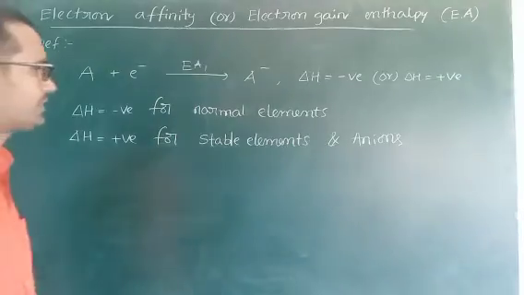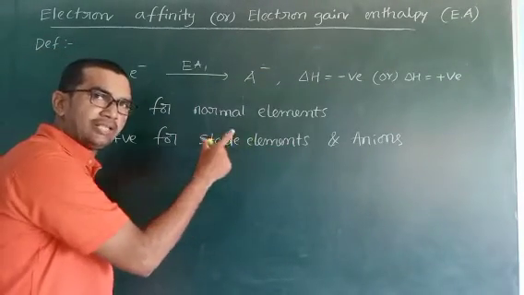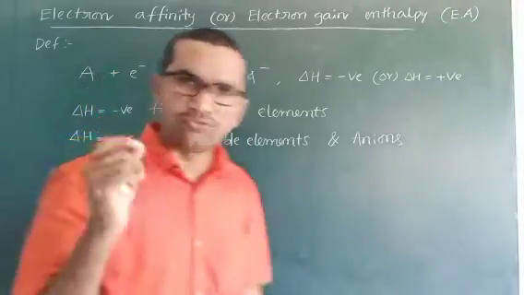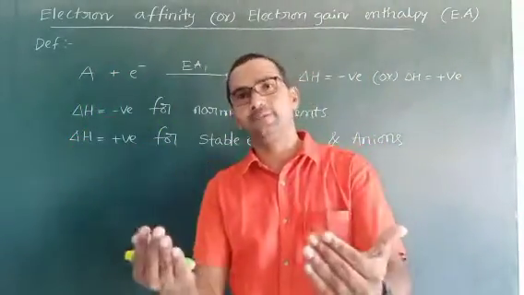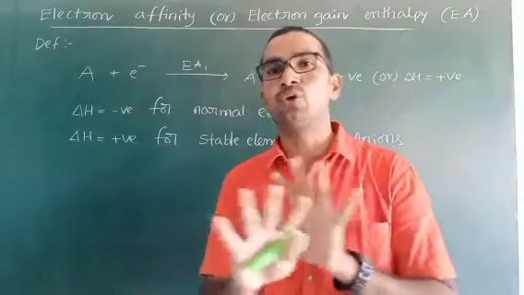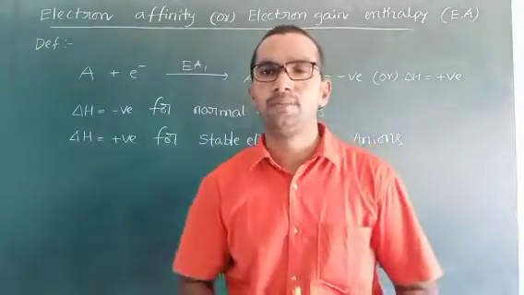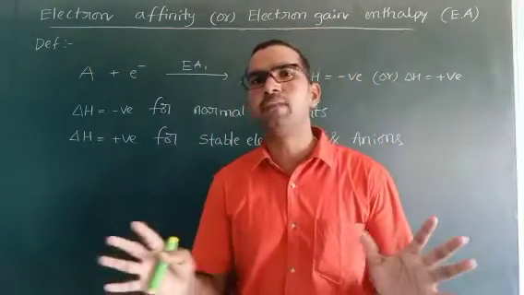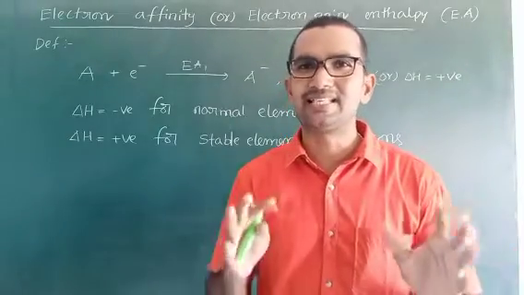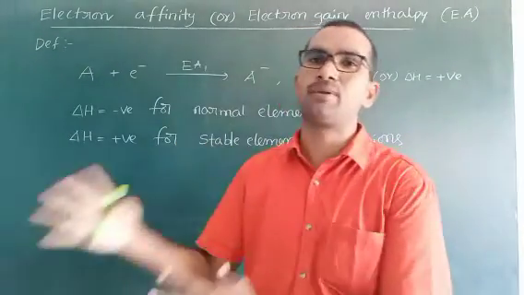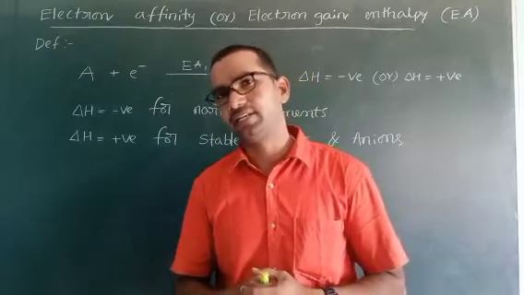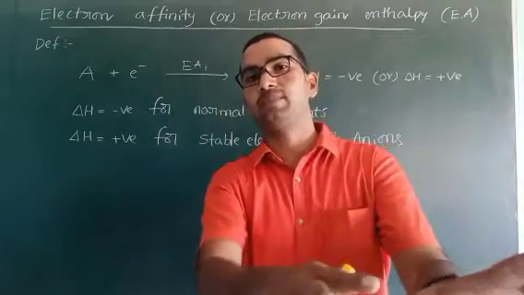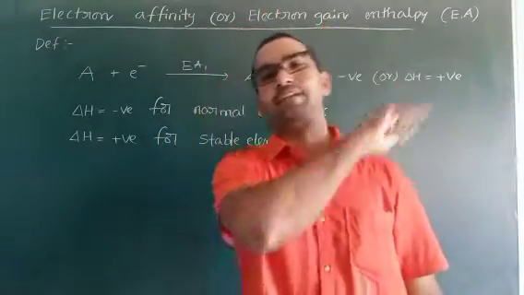Okay, Nandi? Stable elements means either fulfilling electronic configuration or half-filling electronic configuration. So fulfilled or half-filled means they are already stable. Already stable means they don't want to take electrons, because if you take one more extra electron, it loses stability. So no element changes its stable electronic configuration to an unstable one. That's why they are not interested. But if you force the element to take the electron, energy is required.